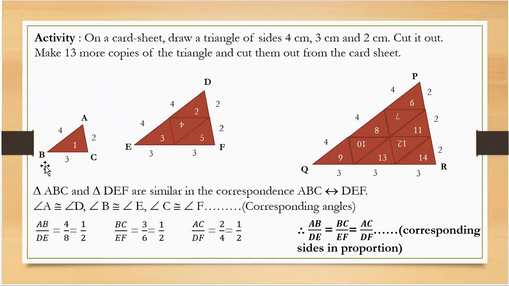Let us observe for a different length, BC. So BC coincides with which point? E, and C coincides with F. So when we take BC, we have to take EF. So BC upon EF, let us take and do the calculation. The length of BC is 3 and what will be the length of EF? 3 plus 3, it is going to be 6. So 3 upon 6 is again what? 3 ones are 3 and 3 twos are 6. So 1 upon 2, again we get it. So you can see here, the first ratio we get as 1 upon 2. Second ratio, again we get 1 upon 2. Let us observe the third side of the triangle. So the third side is AC.